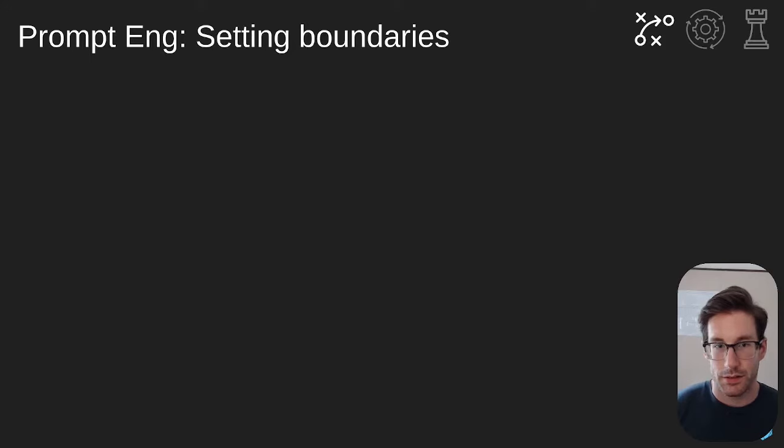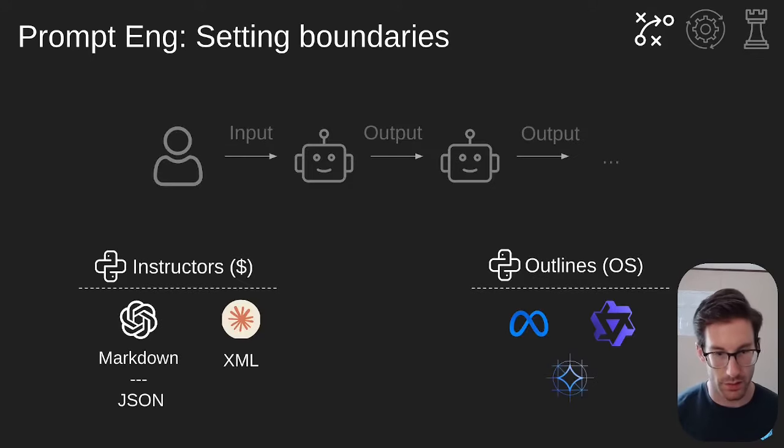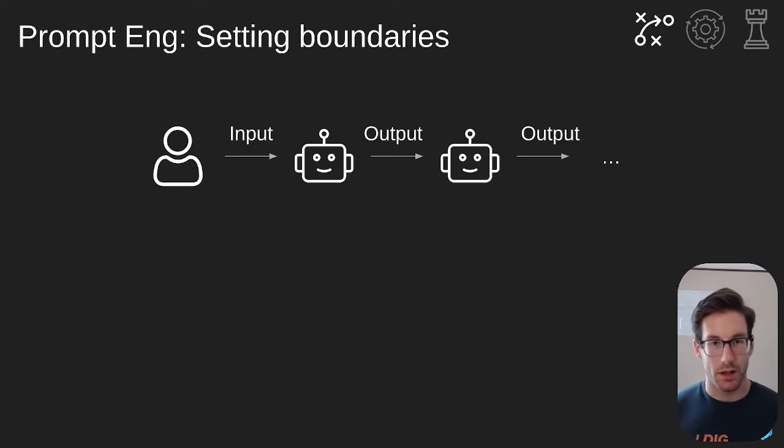All right, cool. So the next one is setting boundaries. This is also known as using delimiters. Delimiters is a common term used to actually put brackets around data sets. And this is important for a few reasons. So when you're talking to an LLM, either as a user or from an LLM to another LLM, which you can see in this visual here,